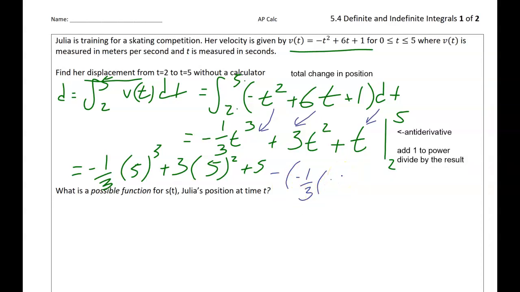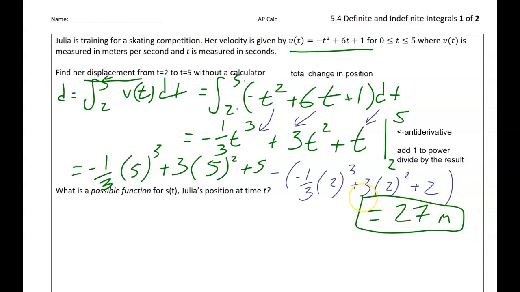But this time, I'm plugging in 2 for t. Okay, so this is going to allow me to evaluate this integral. And notice I put parentheses and subtracted the whole function again. And we'll talk about why we do that here in a second. So what I get here, and you could check on your calculator, is 27 meters when I do all this math here. And then the reason we subtract these two numbers is, remember, what we're doing is area